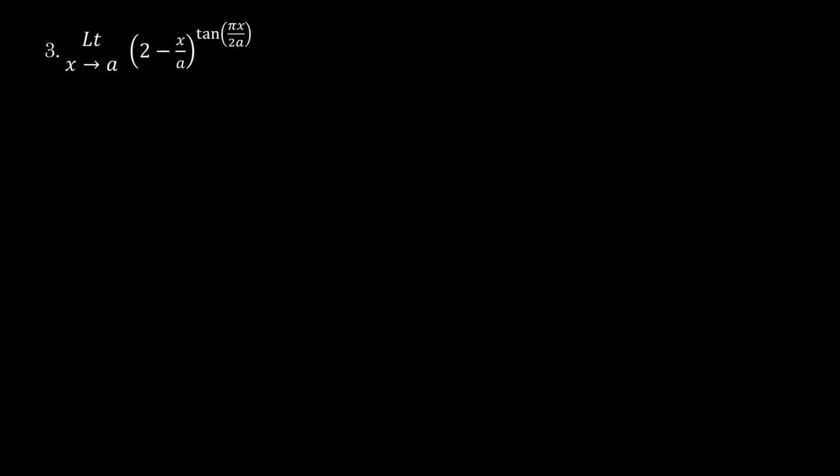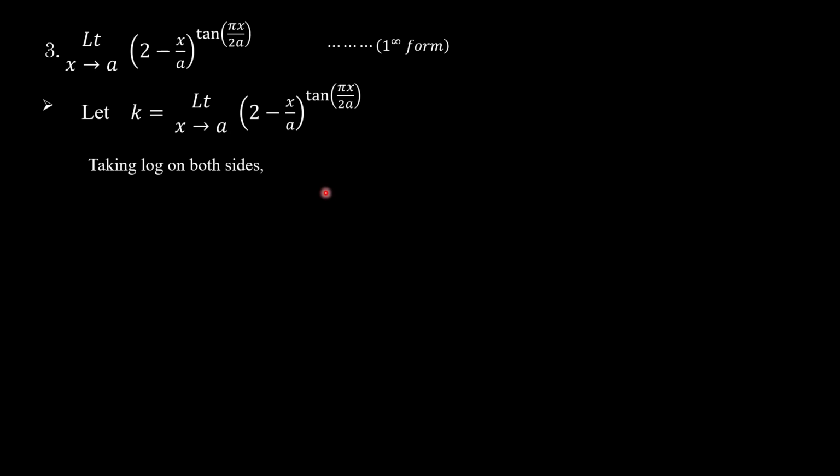Next problem. Find the limit of (2 minus x by a) whole raised to tan of pi x by 2a as x tending to a. By applying the limit, you will get 1 to the power infinity form. So take k is equal to limit x tends to a of (2 minus x by a) whole raised to tan of pi x by 2a. Now take log on both the sides, so that you will get